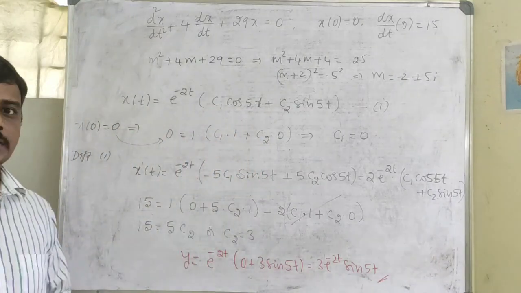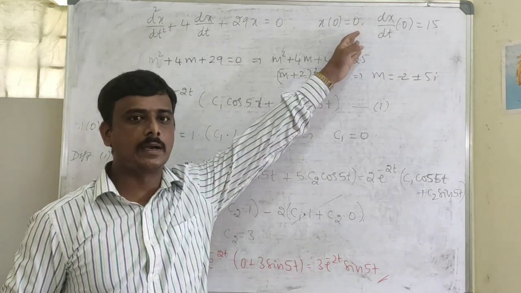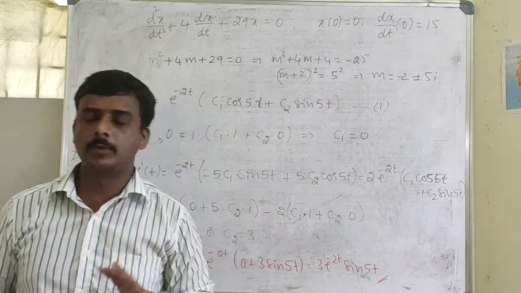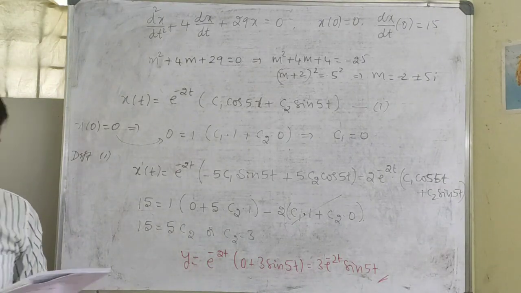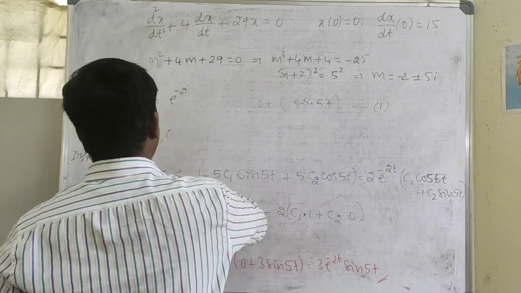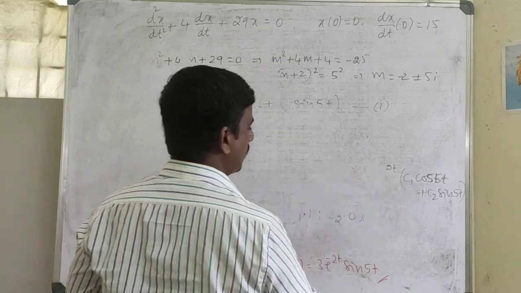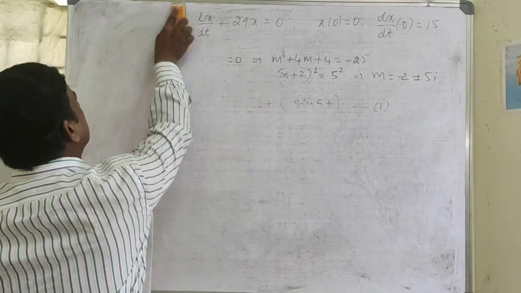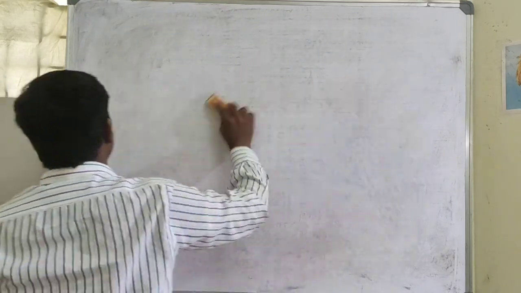So this is about the initial value problem. Only thing is, conditions will be given, and with respect to those conditions, you have to determine the values of the constants. I have solved only one problem on this. If you want, let us solve one more. Since we have solved two problems in each of the previous cases, let's solve one more problem on initial value problems. I have to determine the values of the constants depending on the given conditions.